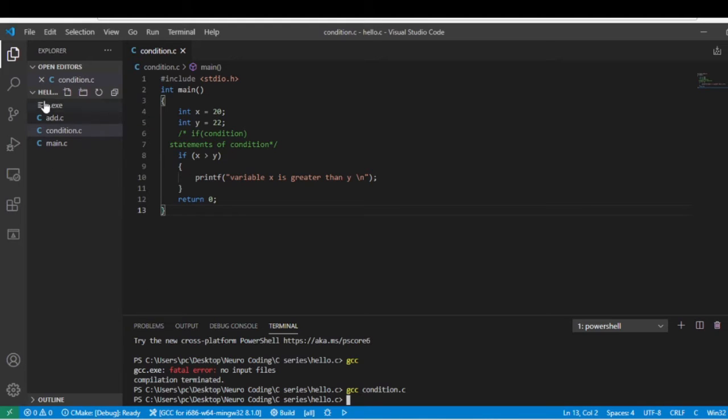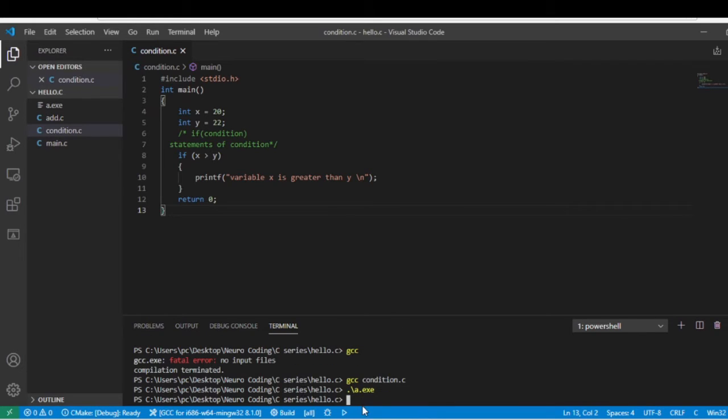Now you run the a.exe file: type ./a, press tab, and the file name is created automatically. Now enter. See, no output is shown. Why? Because the if condition is wrong. If the if condition is right, then it prints variable x is greater than y. That is how the if condition works in a program.